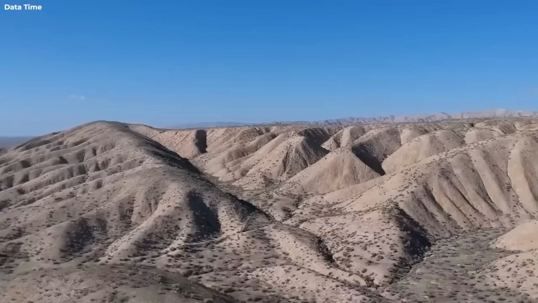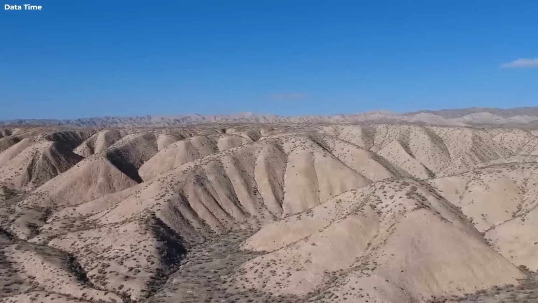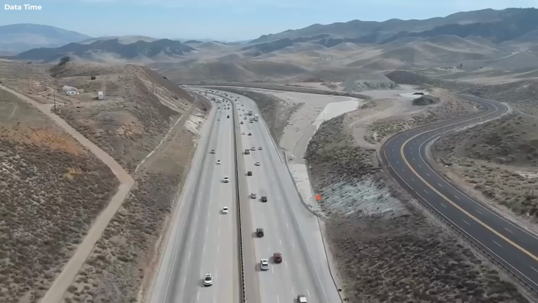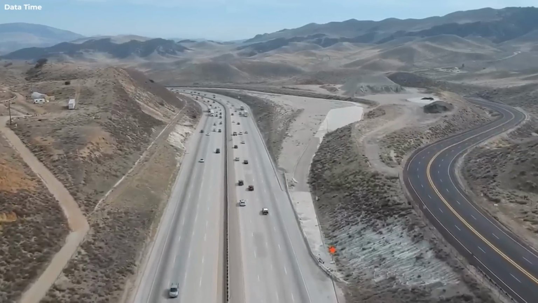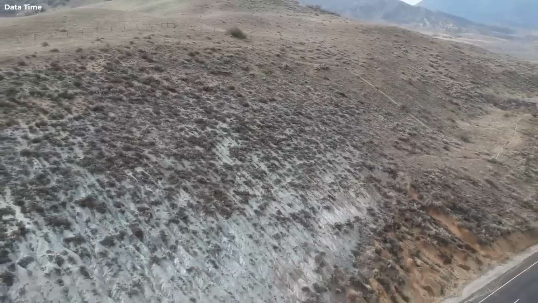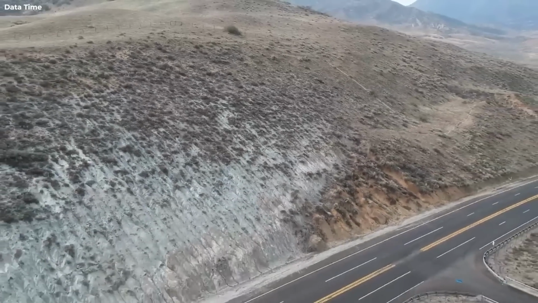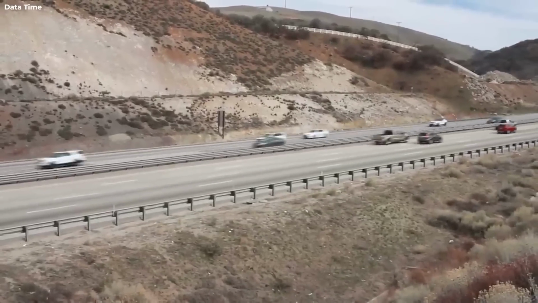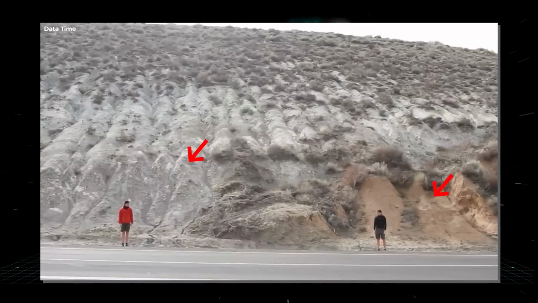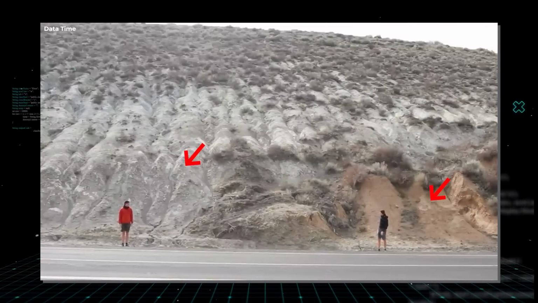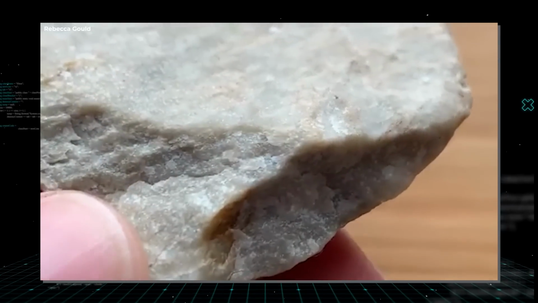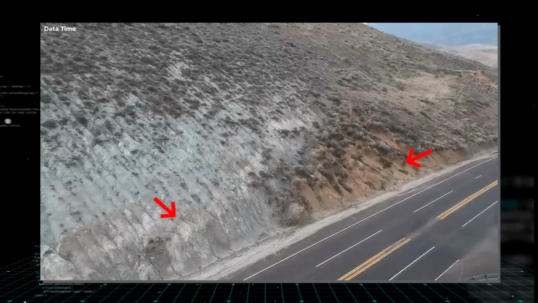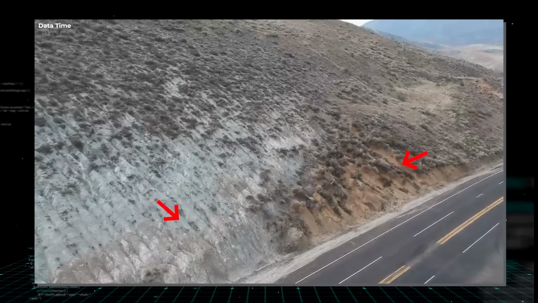It's quite evident that most of this fault line is covered by development, which means the people residing here are constantly at risk. Driving north from Los Angeles on Interstate 5, you will reach the Tejon Pass, which runs exactly along the fault line. And if you want to see the artifacts of this fault with your own eyes, this is the place to be. Here on the roadside, one plate scraping past the other is clearly visible. The gray metamorphic quartz monzonite you see here belongs to the Pacific Plate, while the rich brown sediment sandstone and siltstone are from the North American Plate.